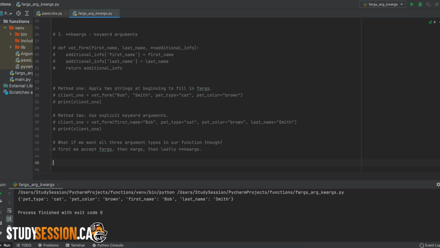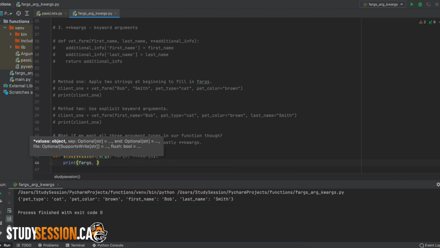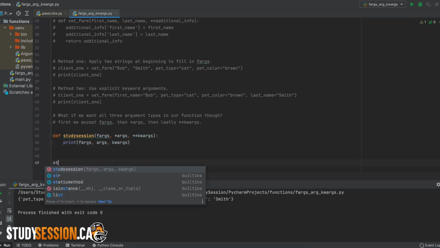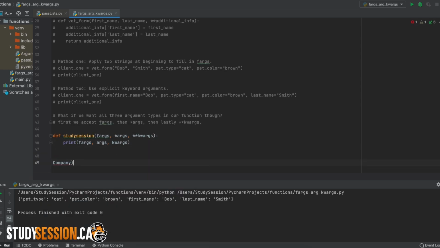So, let's do a quick example to ensure that you fully understand. Let's say that someone wants to learn with us here at Study Session, and they are wondering what courses we offer. And for speed, we will only enter a few courses here and not every one that we offer. So let's define our function and the arguments in the way that we just discussed previously. Then we can enter some data about Study Session, such as our courses and the number of subscribers.